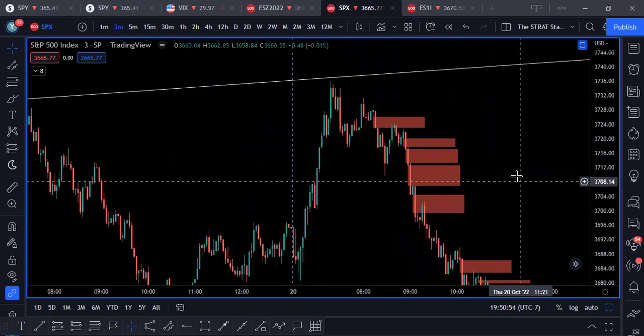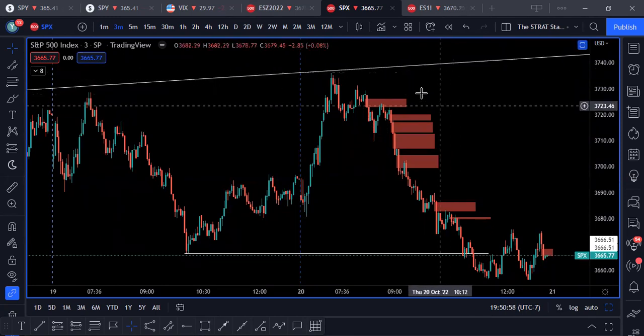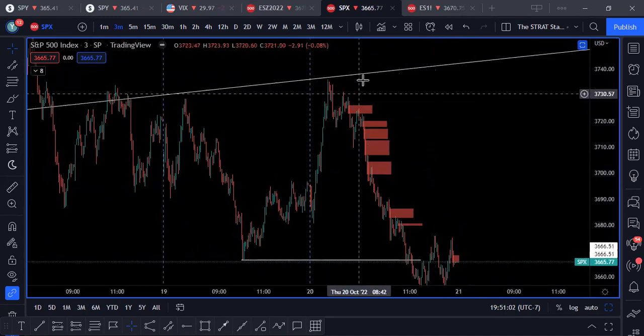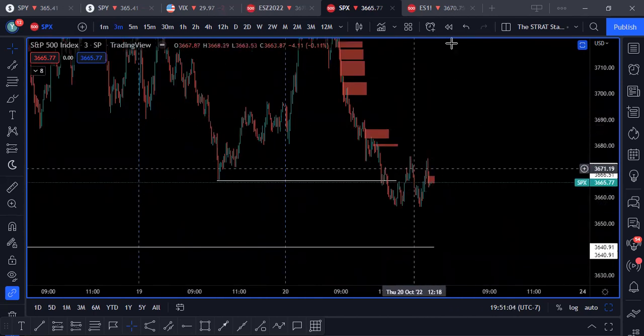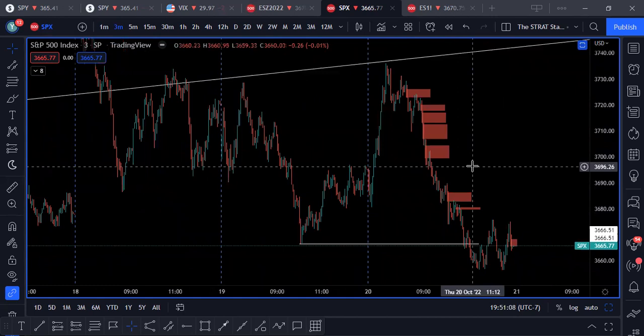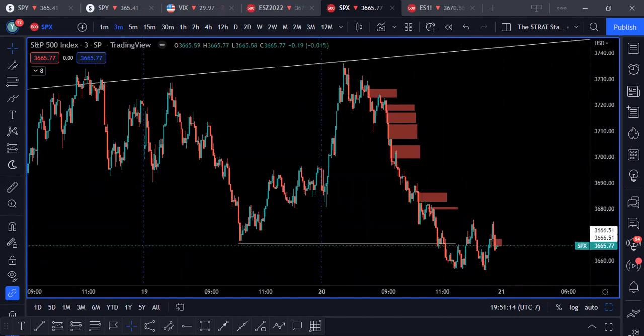So I'm still following my buy because the main thing is just remember, once we grab liquidity, the algo or whatever you want to call it has triggered and now it's going to reverse and attack. So once we grab buy side, it's now going to attack sell side. What do you do when you see, let's say you're looking at one of those fair value gaps towards the top, right?